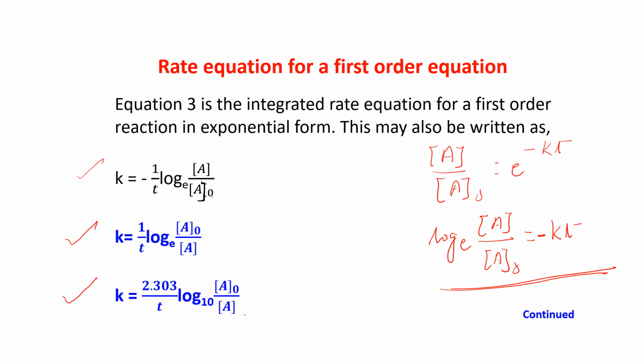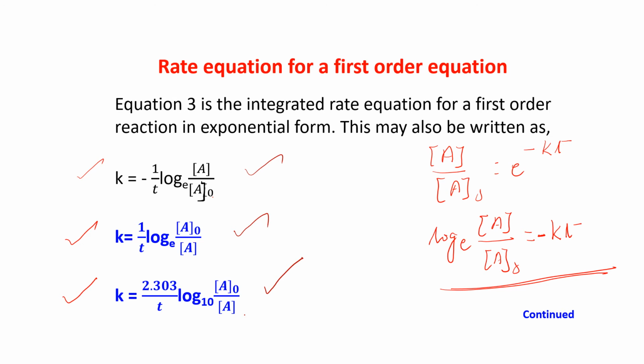At a particular time, you are getting a value of k. Similarly, for a different time, you take the value of A, and with that time and the value of A, you will get another value of k. Like that, you can find out the value of k for the different times. You'll get different concentrations, so naturally the A value will be different. But for each and every time, the value of k should be constant because it is a specific rate constant for a particular reaction, that is a first order reaction. This is the expression that we are getting for the value of k.